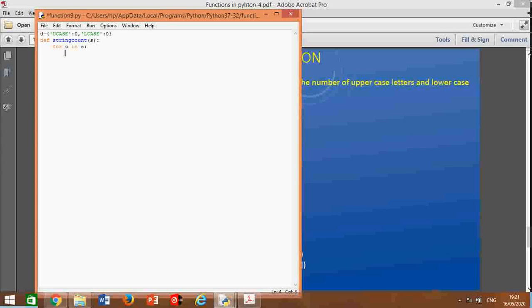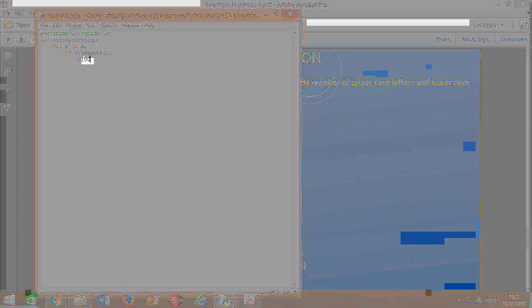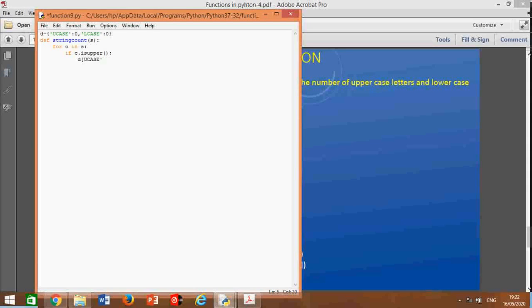So c indicates the individual character of the string. Here I will implement the check: if c.isupper() is true, then dictionary U case, the key must be in single quotes, plus equal to 1. So we increment the value of the first pair of the dictionary.